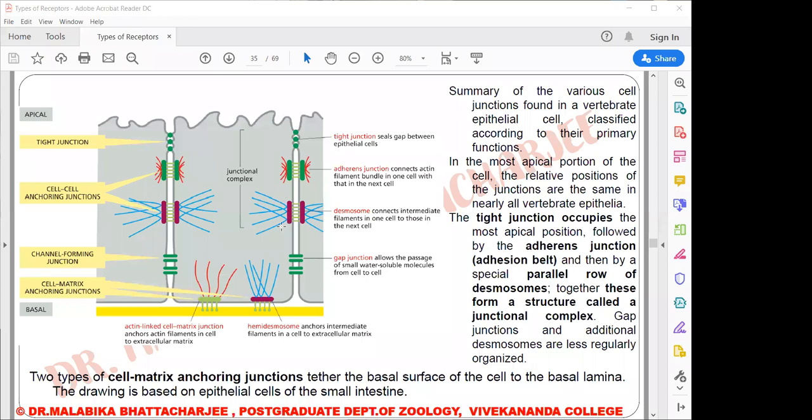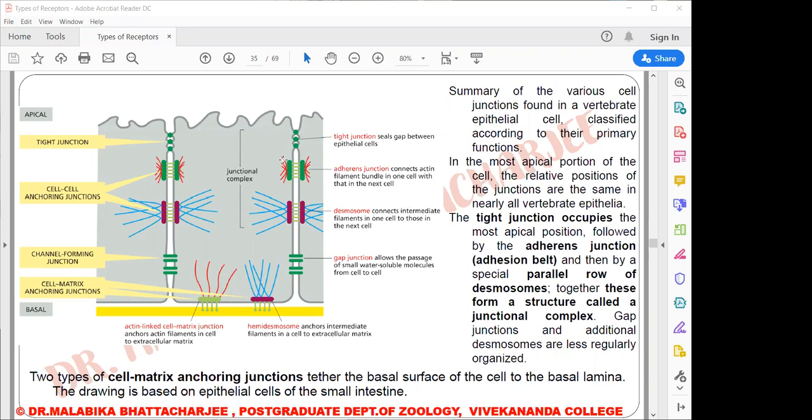They connect intermediate filaments in one cell to those of the other cells. So these are the filaments of one cell. These blue color lines are the filaments of the other cell. So desmosomes in a way connect the filaments of the two cells. Then I said that we'll be studying some communicating junctions, and the best example for that are the gap junctions. You can see these gap junctions actually allow small molecules to pass between the cells. So these three junctions, the gap junctions, the desmosomes, and the tight junctions will be taken in detail.